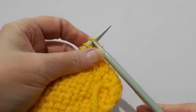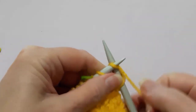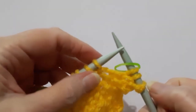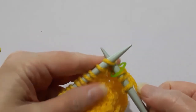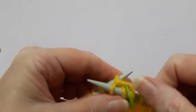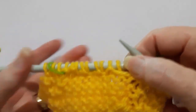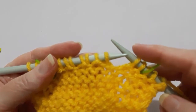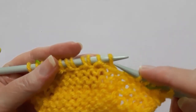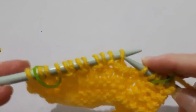So we knit the first 3 stitches. They're our border stitches. Slip the marker, and the instructions say to knit the first 2 stitches. And then we slip the next stitch. Before I do that, I'll show you that the stitch that we slip in row 4 is the same stitch that we slipped in row 3. And we can tell because we've got this strand in front of it. So I know that I need to slip this stitch,